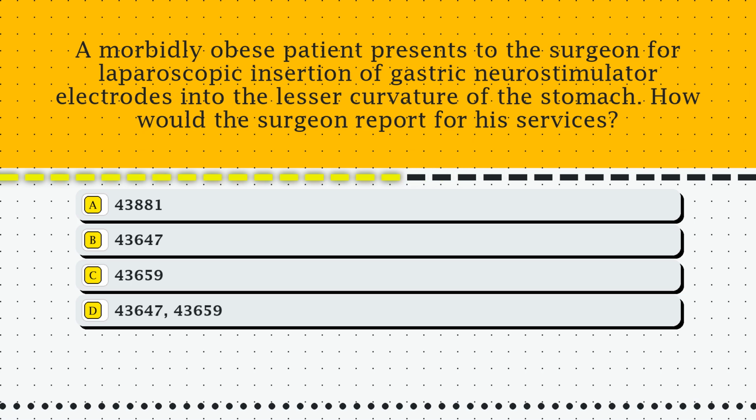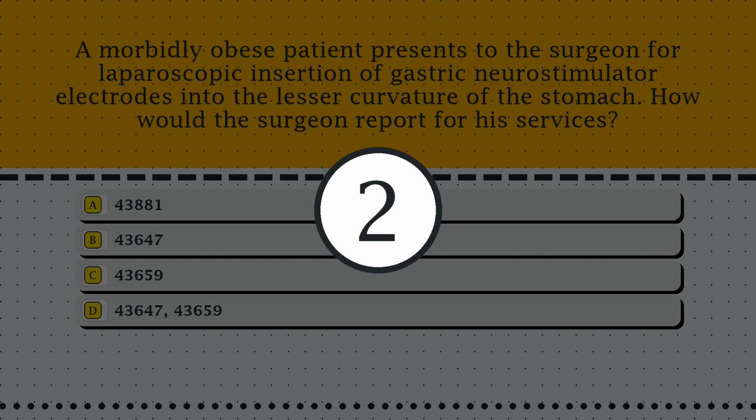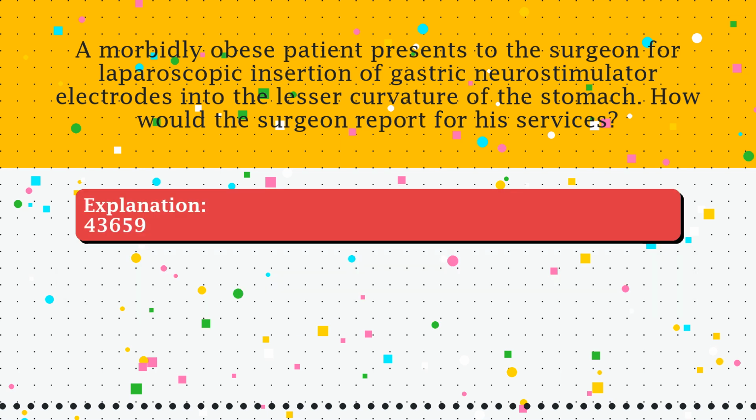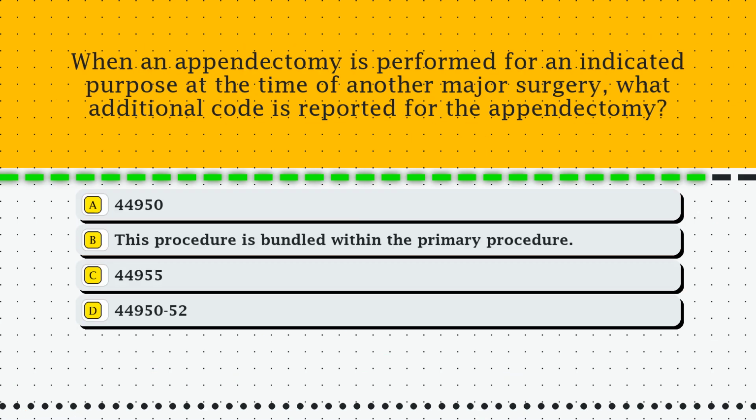Option A, 43,881. Option B, 43,647. Option C, 43,659. Option D, 43,647, 43,659. The correct answer is option C, 43,659. Question 73. When an appendectomy is performed for an indicated purpose at the time of another major surgery, what